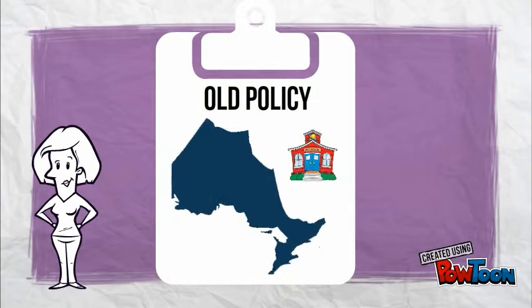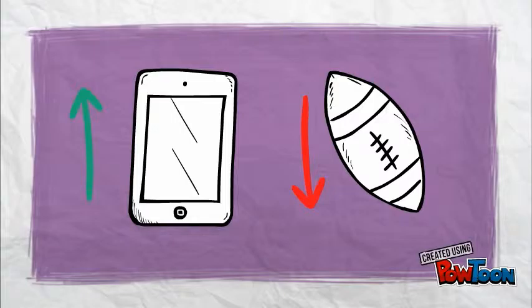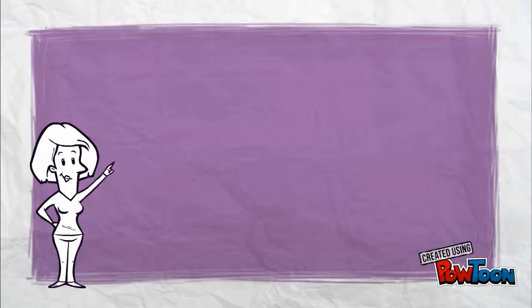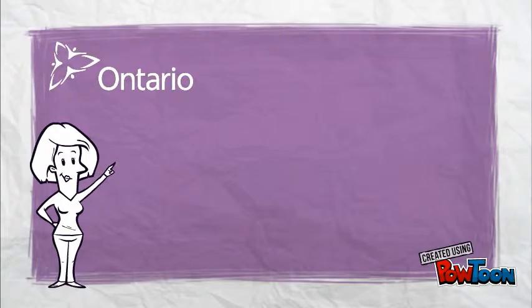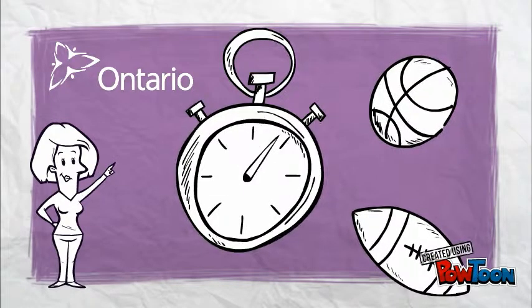Currently, schools in Ontario require students to partake in 15 minutes of physical activity a day. But really, is that enough? With the increase in screen time and the decrease in playtime, we think kids could benefit from a longer period of time dedicated to physical activity. We are suggesting that the provincial government implement an hour-long after-school program, strictly dedicated to increasing physical activity for children.